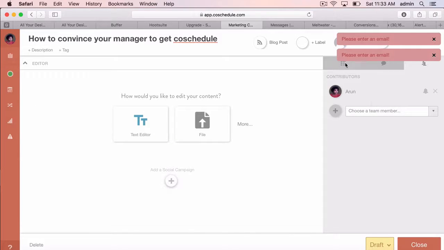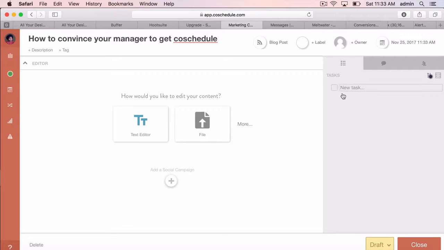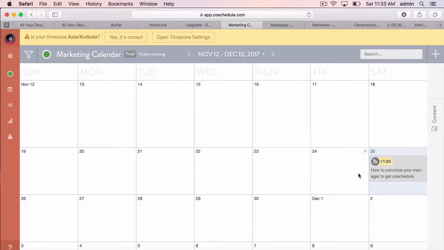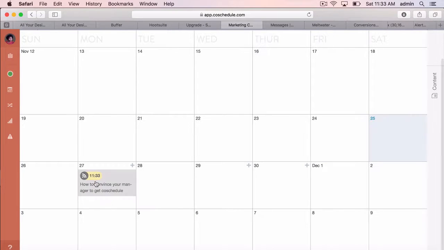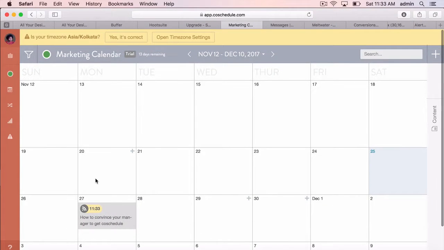Choose a team member. Who are the contributors in your team? So this is a great tool for ideation. You can list all the tasks needed to finish this blog post, and I hit close, and I would say on 25th Saturday I would like to, or I might pick another date, 27th Monday I will be publishing this